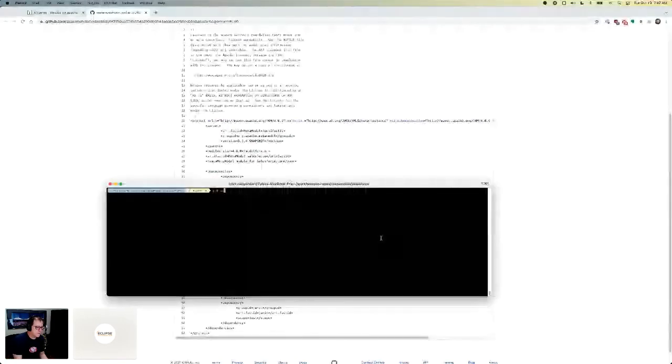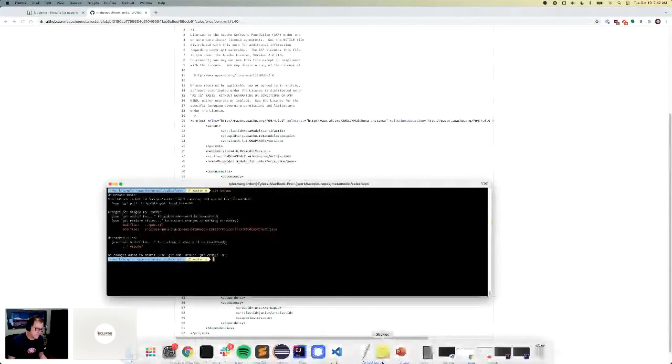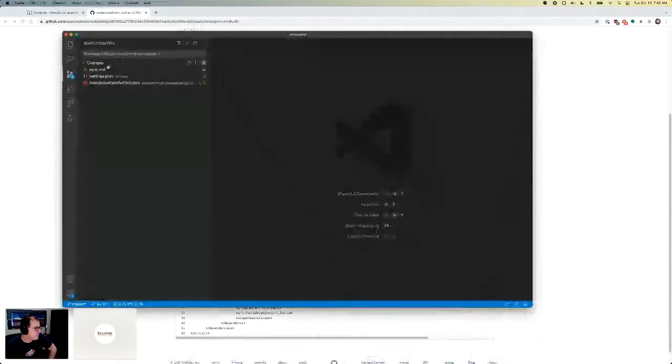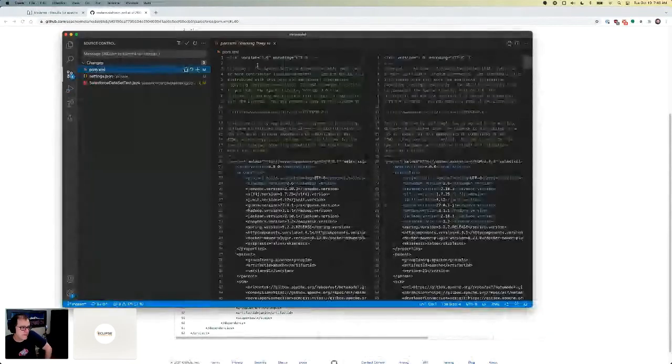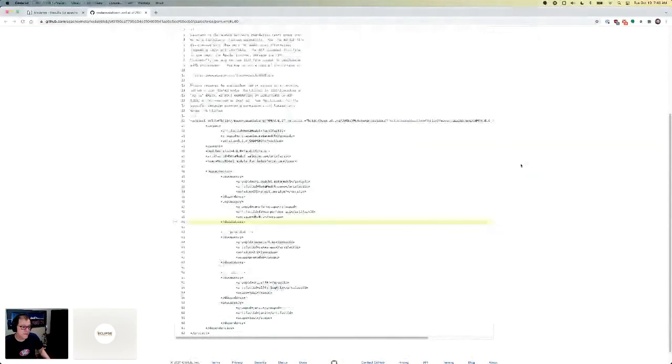All right, I've made a couple of changes here. Let's just go look at what these changes are. I wanted to highlight this a little bit. In the POM, the only thing I've done here is I've just added the rewrite Maven plugin. Let me make this a little bigger so people can see it.